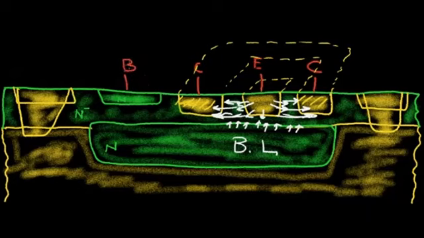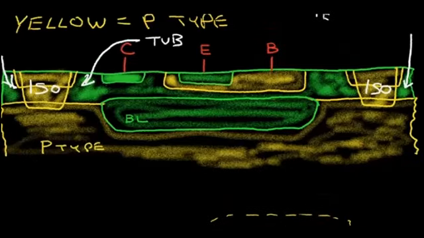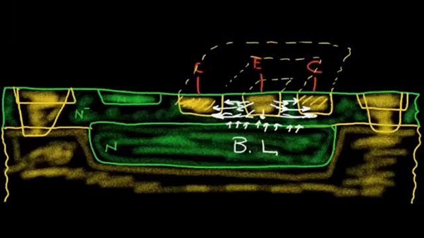So the base terminal of the lateral PNP, this base region here, actually corresponds to the collector region in the NPN transistor. So the layers are the same, but the function of the layers are a little different. So hopefully this gives you an overview of how the PNP transistor and the NPN transistor